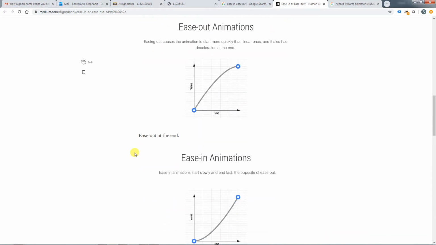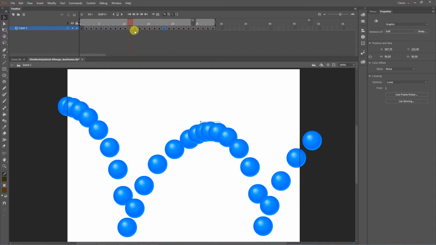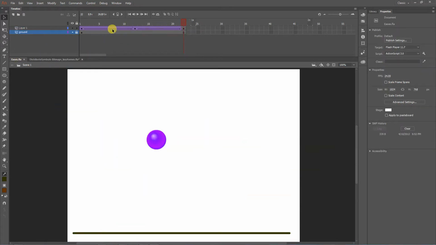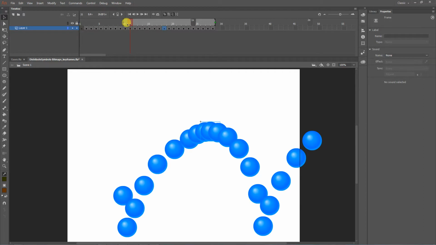So the idea of easing into the animation means you start slowly and ease into it, right? If the animation is the whole segment, the whole span, or in the case of motion tweening, if there's a whole span of animation, then easing into it means you start slow. So this is the ease in and this is the ease out, as in you have the span of animation from when it bounces off the ground to the top of the key, and we're easing out of the animation because we started fast and we end slow.